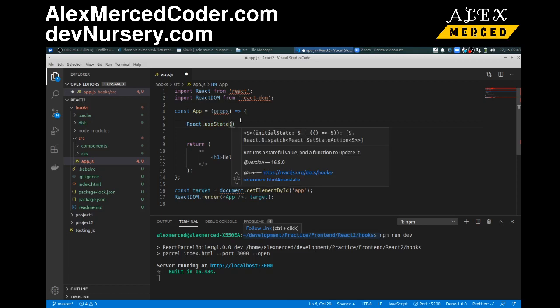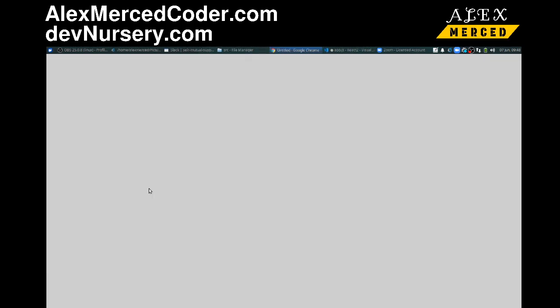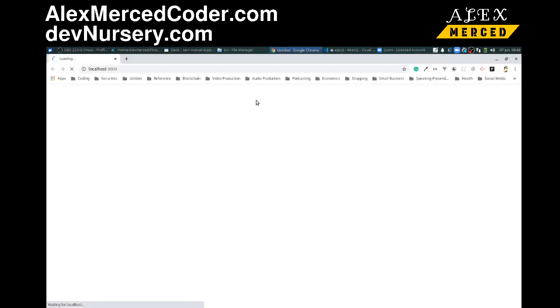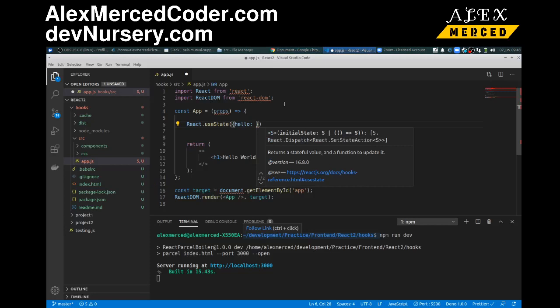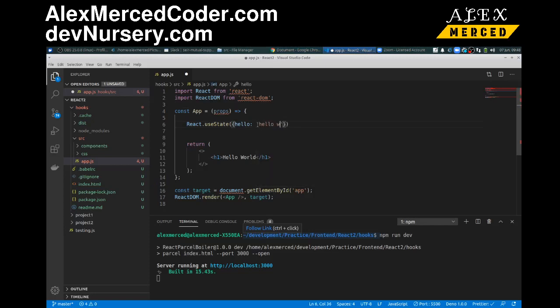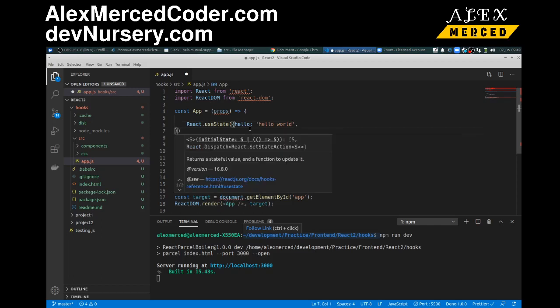And then in this function, you pass in what the initial state is. So say the initial state has the value of hello, and that's going to have, oh, there we go, our server's starting up. Just give it a second to start up. Hello world, okay. So again, this is like a class component where you're putting everything inside one object. Hello world, cheese,